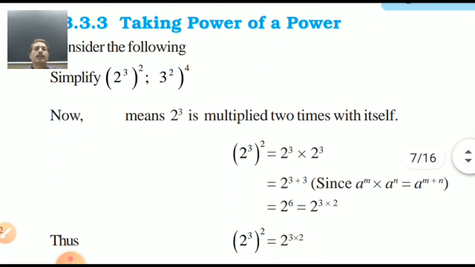See. Isn't it? 2 raised to 3 multiply 2 times. Correct. So both the numbers we can add, 3 plus 3. Both the base are same. Correct? As per our rule, now 2 raised to 6. In place of that, you just take both the exponents and multiply. 3 into 2, what is the answer? 6. Without doing any calculations, you can solve the answers.